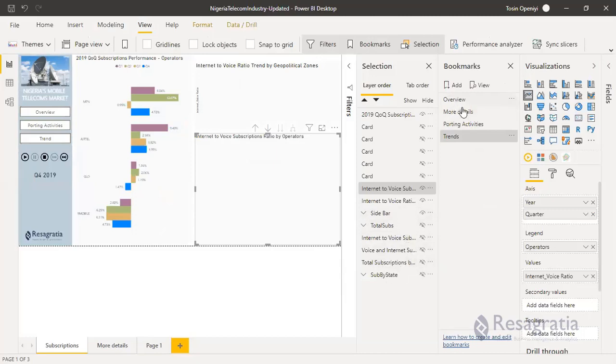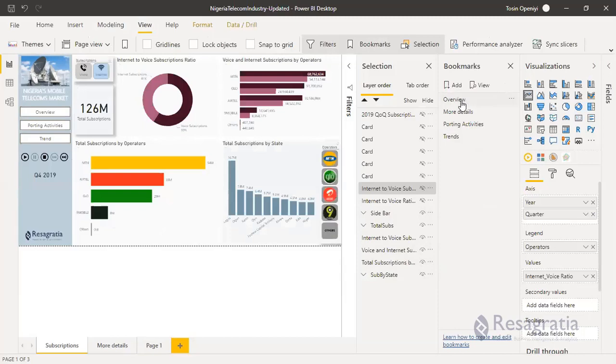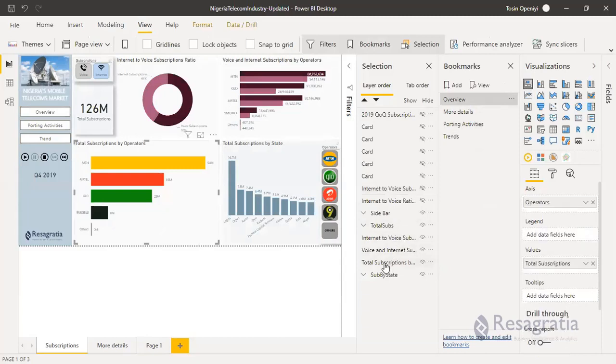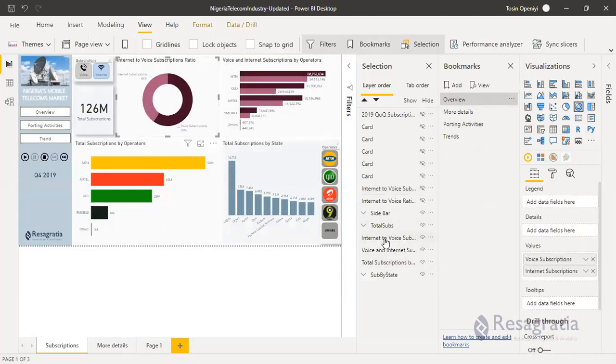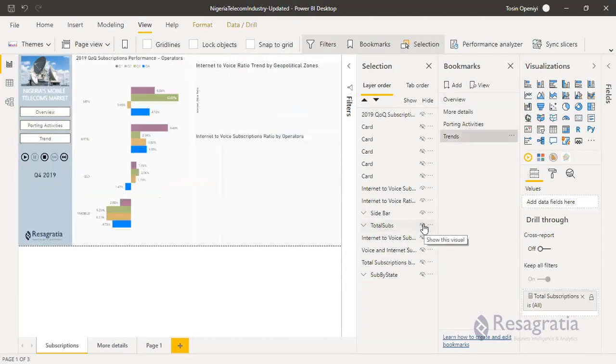Where is that filter again? Come to overview, check from here. I have subscription here. Just quickly look for it, it should be after sidebar, total subscription. Oh, okay, so it's this one. So I will come to my trend and enable this so that I can quickly use it.